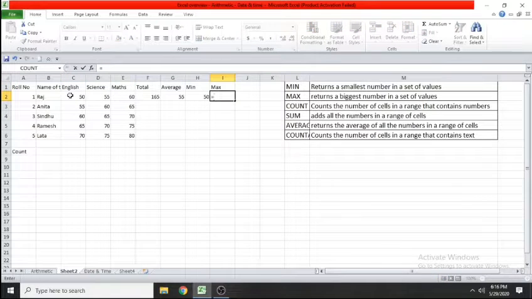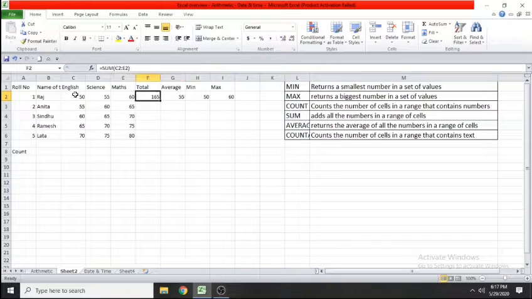Now let's see maximum marks: equal to, the function is max, and here again I am specifying the same cell range, and now I am closing the bracket, and let's see, the maximum marks Raj has scored is 60 in maths. So this is what we have got: sum, average, minimum, and maximum.